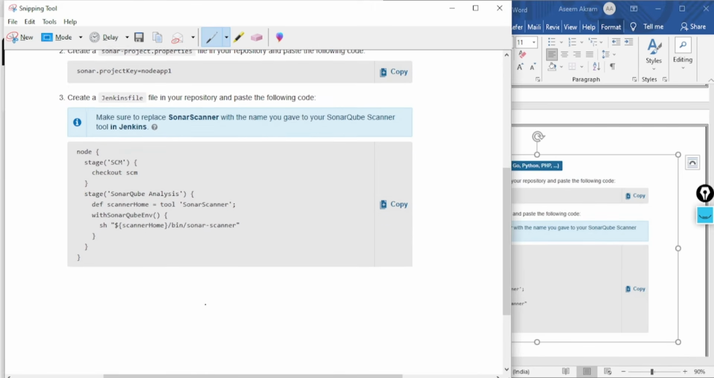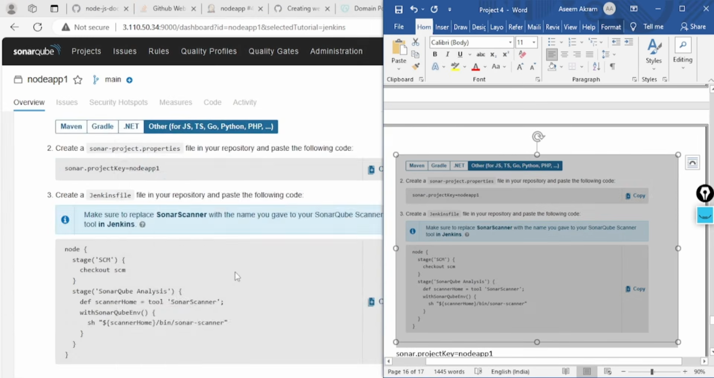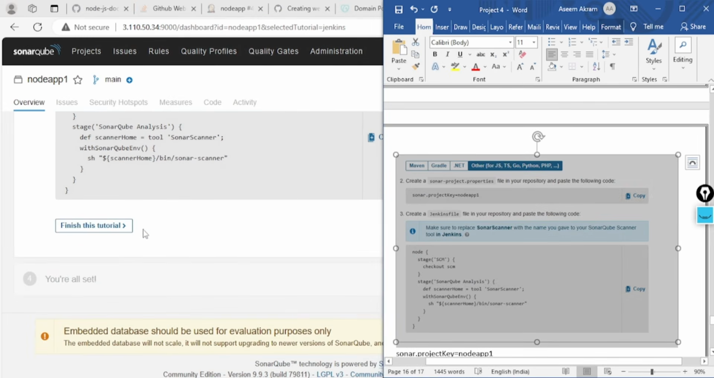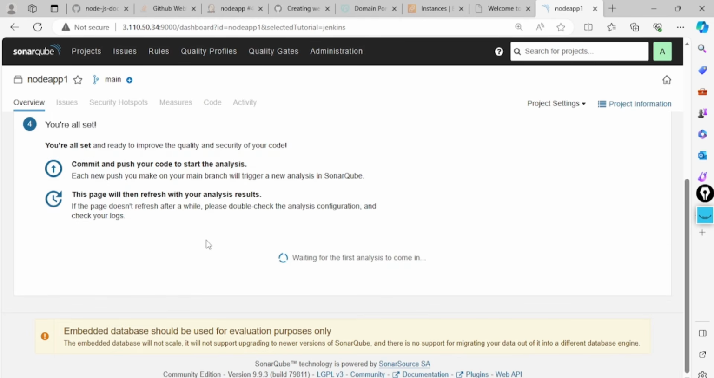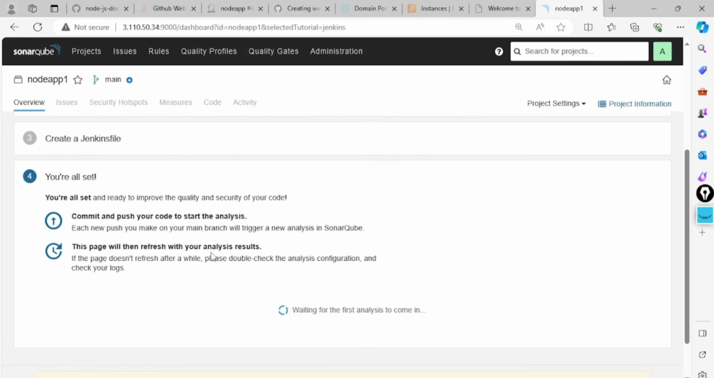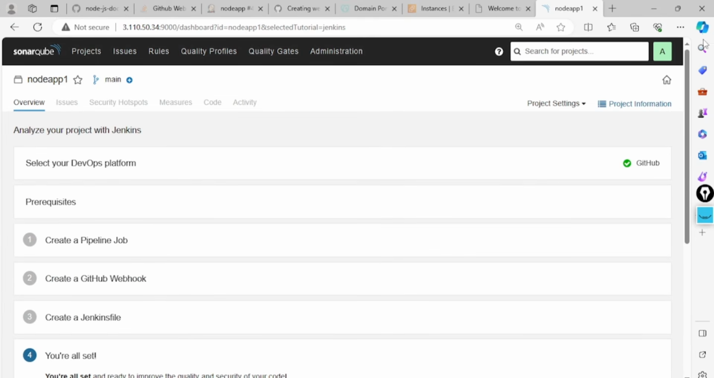Fine, after that, just follow the steps and finish the tutorial. Just click on finish the tutorial. This part is done, right? Waiting for the first command. Then afterwards, what you have to do is go back over here to the administrator,